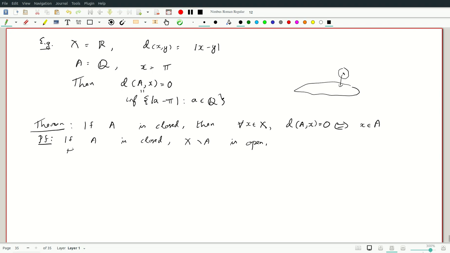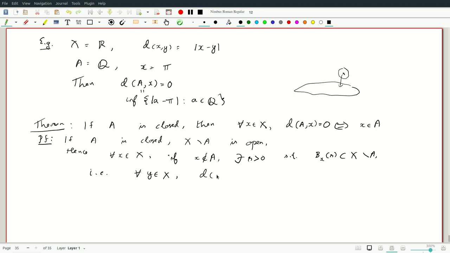So by definition of a topology given by a basis, for all x in X, if x is not in A, I want to show the distance is positive. There exists r greater than 0 such that the ball around x of radius r is contained in X minus A. What does this mean? That is, for all y in X, if y is in this ball, distance between y and x is less than r, implies y belongs to X minus A,